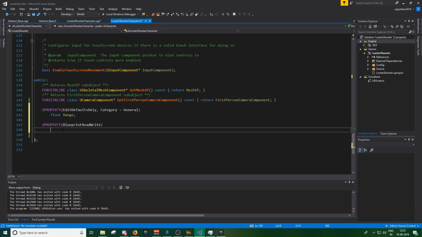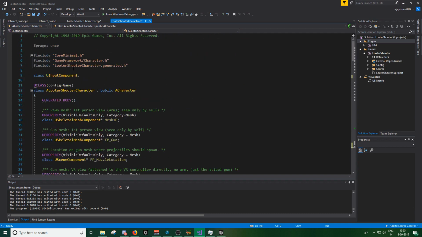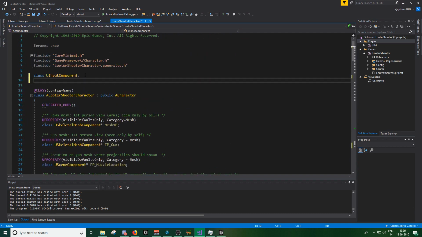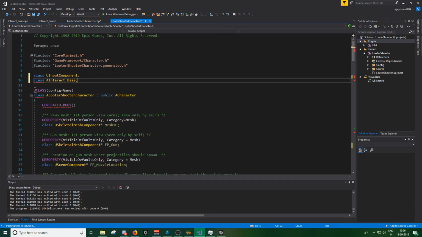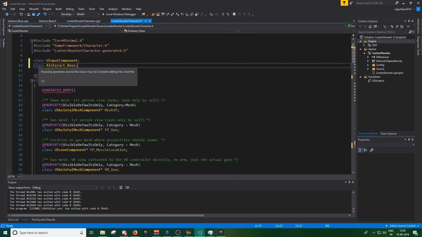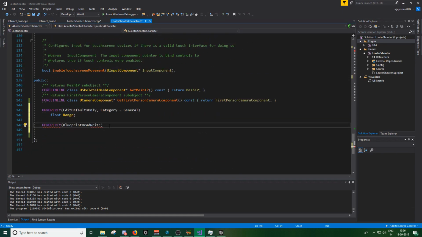We have to forward declare it first. So we'll go up here under the include headers, where it says class input component. Under that you just forward declare, what will you name it? Okay, A interact base, the same as you named the interact class. This one, I mean the interact base class. And that should be good, I hope. Yep, we forward declared it, so now we don't have to worry about importing it right here in the .h